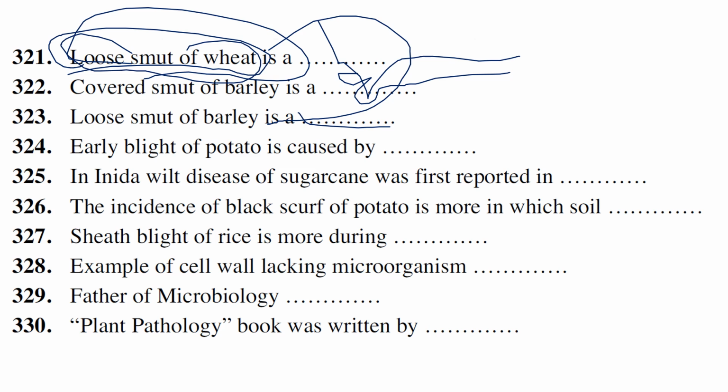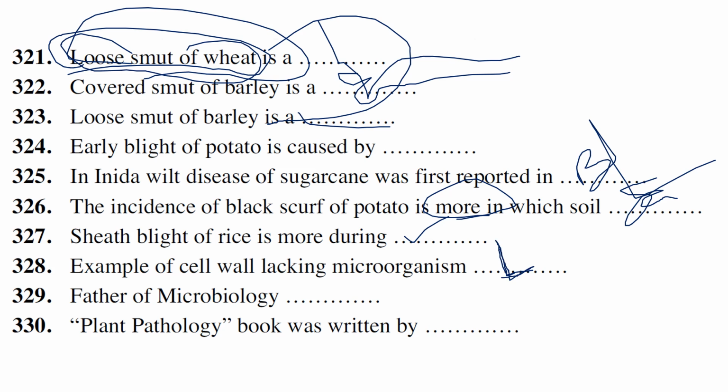In India, wilt disease of sugarcane was first reported from Bihar probably. The incidence of black scurf of potato is more severe in sandy soils. So where the soils are sandy and you are growing potato, this black scurf is very severe. Sheath blight of rice is more severe during the active tillering stage. Examples of cell wall lacking organisms are the L-form of bacteria and a couple of bacteria that don't have a cell wall and belong to this group. L-form means